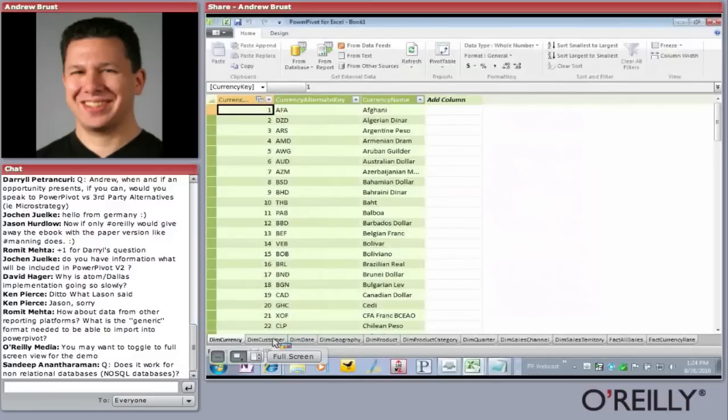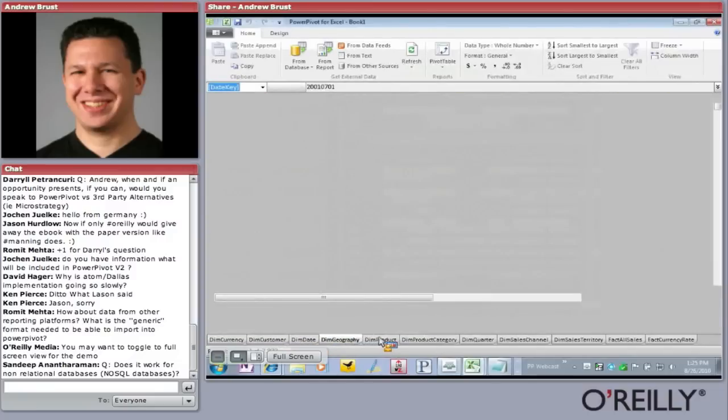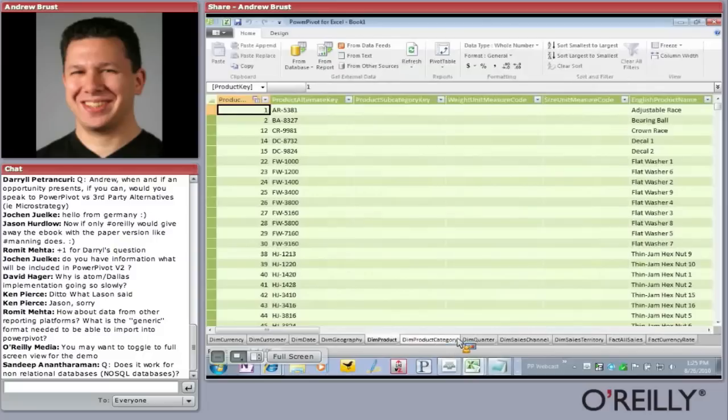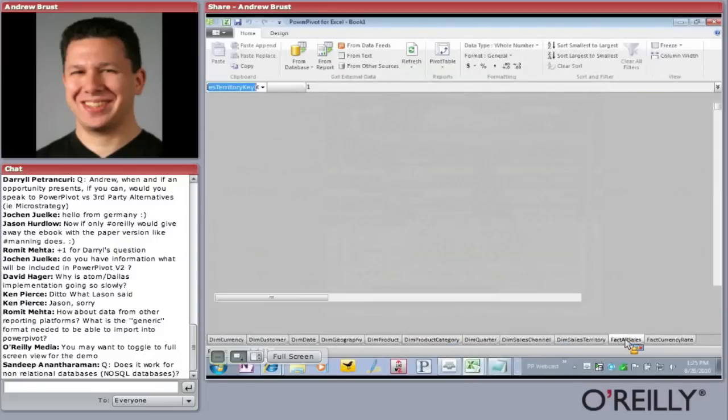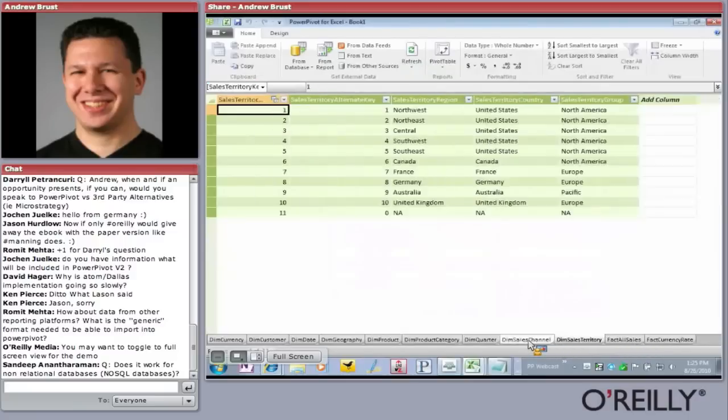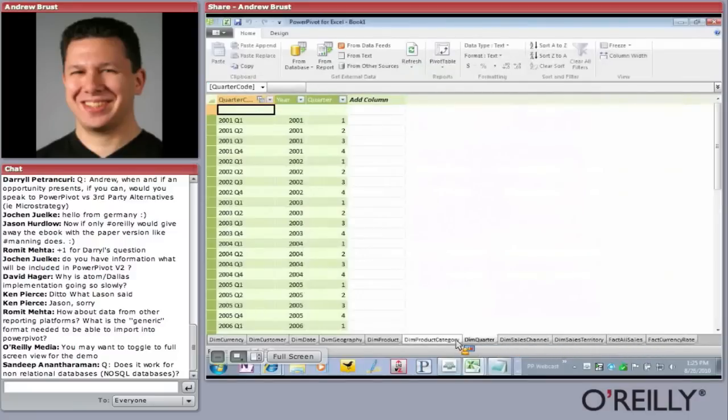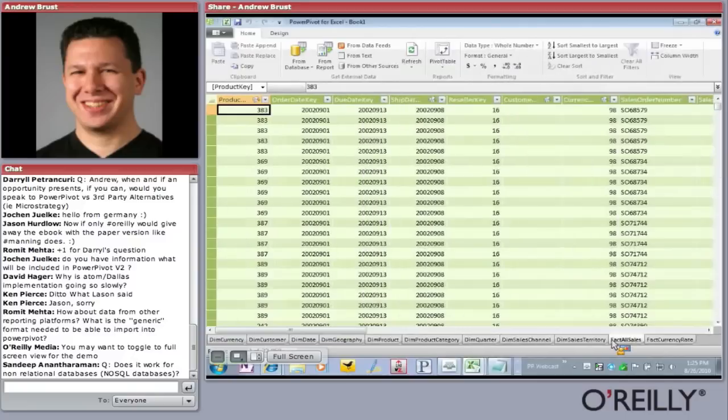So as you can see, each table has its own tab. Although this is a different window, this is not the main Excel window. It's made to look like Excel, and each table is made to look like a spreadsheet within a workbook. And so far, so good, but we do need to get some other data from some other sources. So what I'm going to do next is flip